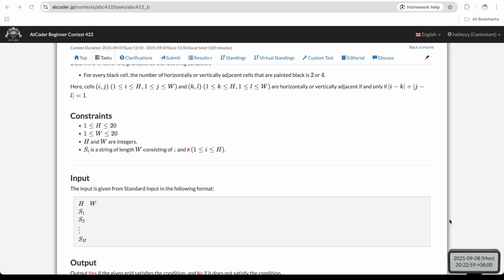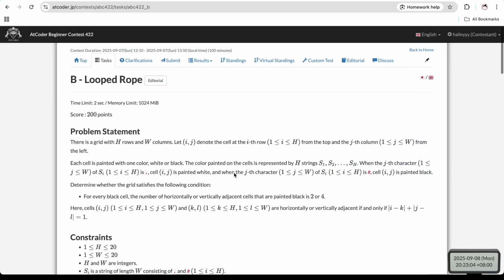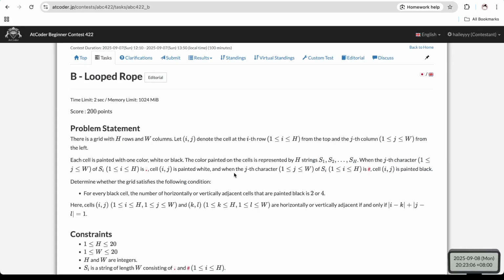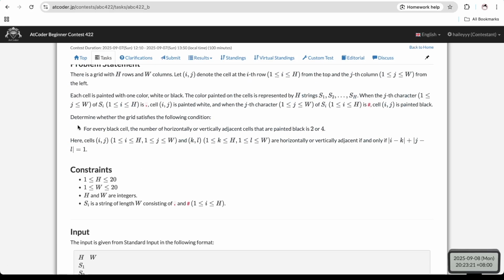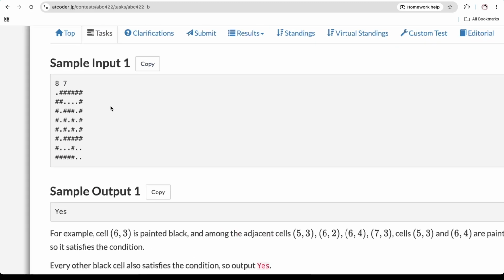Next, let's look at problem B. For problem B, we have a grid with H rows and W columns. And each cell is either white or black, represented by a dot symbol or this crossed symbol. And we want to determine whether for each black cell, the number of adjacent cells that are painted black is 2 or 4. So looking at this example,